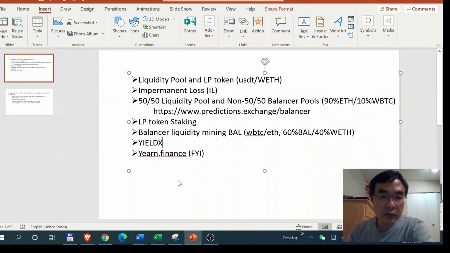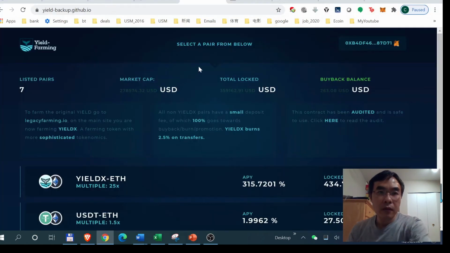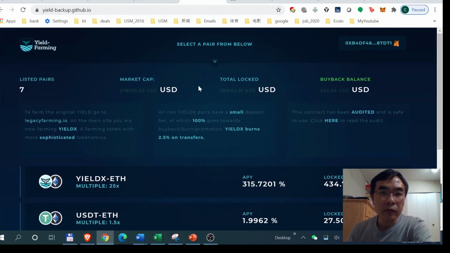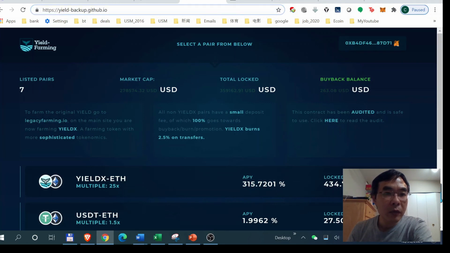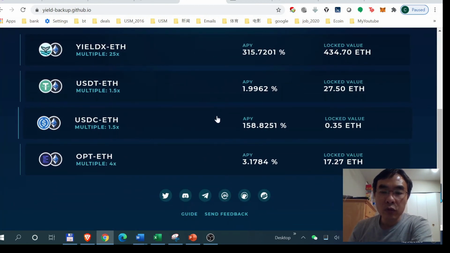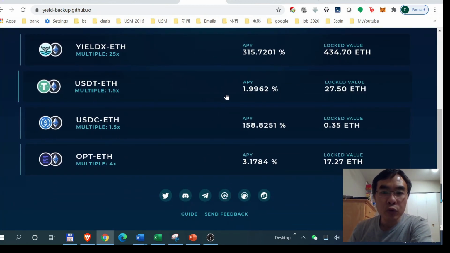The reason I want to introduce it is because I used it before and I really like it. Okay, so here is the yield farming website, and this one is not their main web link, but it's a backup link because recently they had some DDoS attack on their main site, so they're using this as their link right now. So before they do a restructure, right now they're doing some restructure, so their USDT and Ether